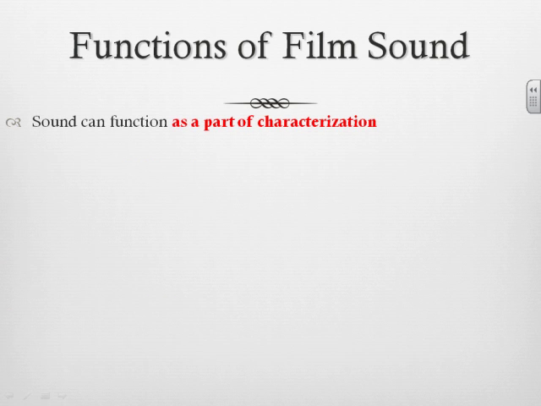Sound can function as a part of characterization. In Mel Brooks' Young Frankenstein, when one of the characters is first mentioned, horses rear on their hind legs and whinny. It becomes clear in context that she is so ugly and intimidating that even horses can't stand to hear her name. Musical themes often identify characters, occurring and reoccurring on the soundtrack as the characters make their entrances and exits on the screen.